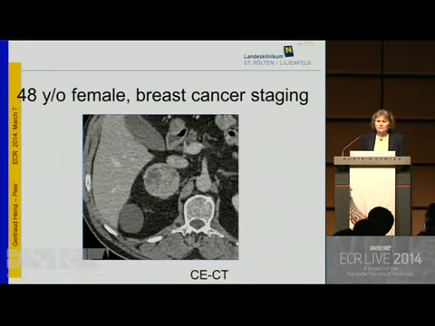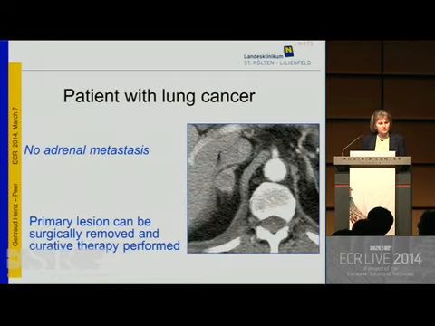And when it comes to the practical approach of characterizing adrenal lesions, let me start a little bit unconventionally with a female patient diagnosed with breast cancer. And on a staging CT, a right adrenal mass was diagnosed. So it is of major impact according to the therapeutic approach if this lesion proves to be a benign lesion or a malignant lesion, or in this patient with underlying lung cancer, if this small right adrenal mass proves to